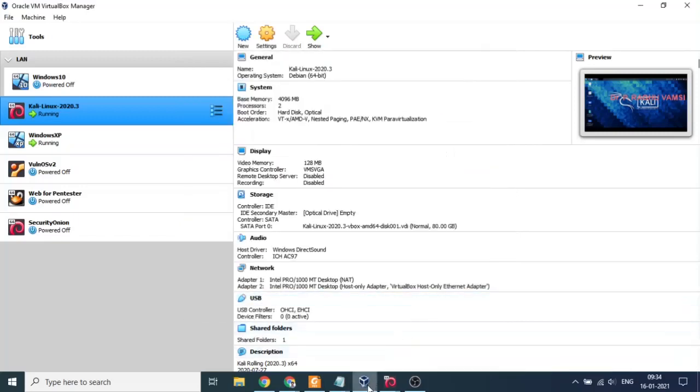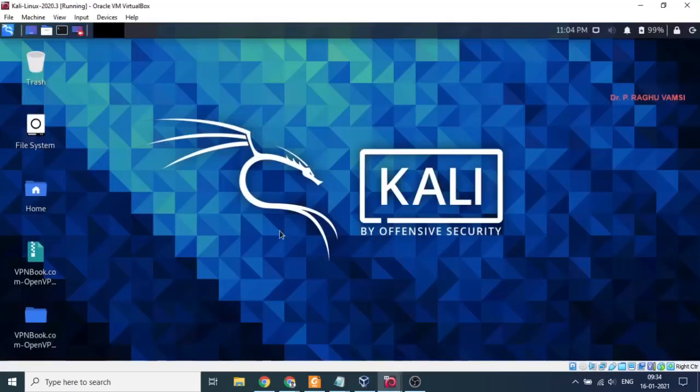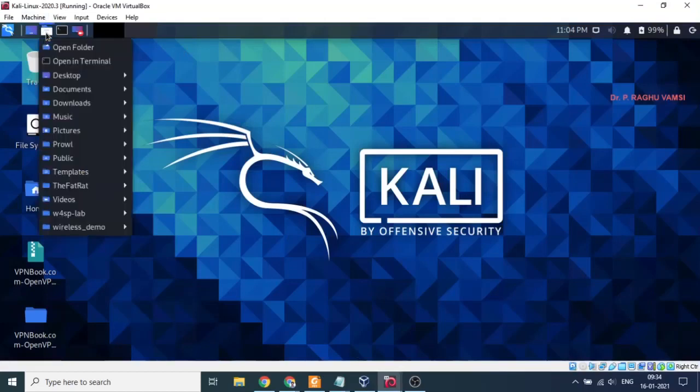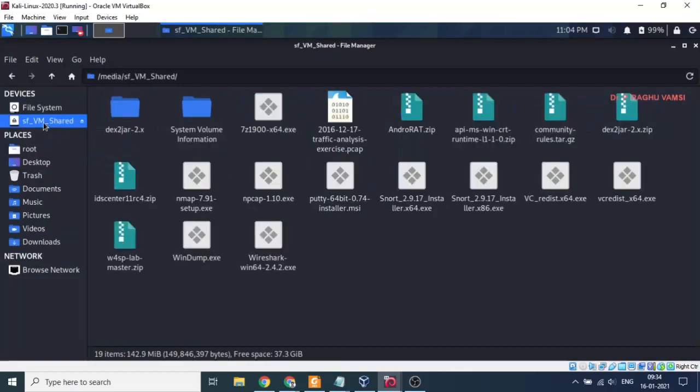So you can go to Linux, open the folder here. Here you can see sf_VM shared. The folder will be shared with your virtual machine. You just click this, and automatically you will find what files are available in it.